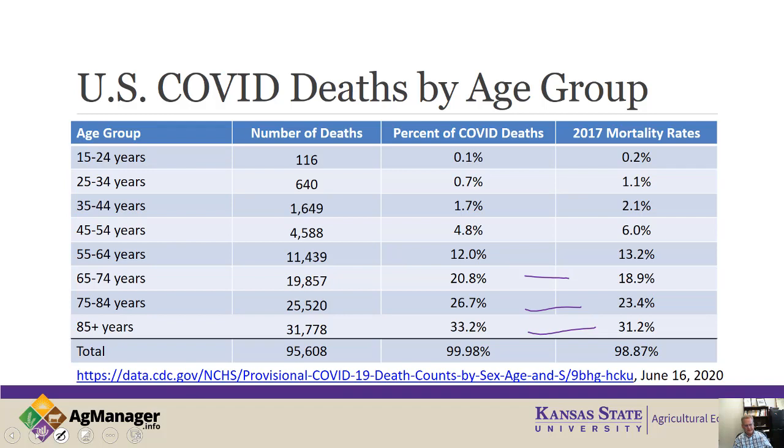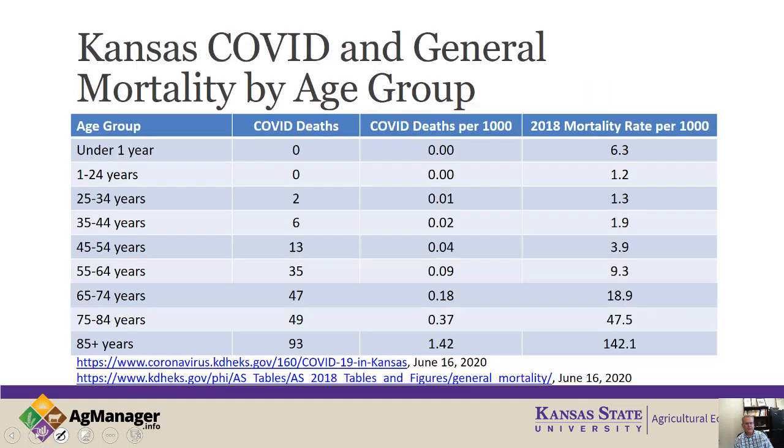Another thing I think that's important to look at is that the total deaths reported by the CDC are 95,000. You see death counts nearing 120,000 in other groups. Part of that may be the lag of reporting. Part of that may be just the definition of death. The other thing I think is important to look at